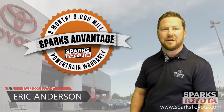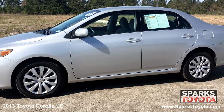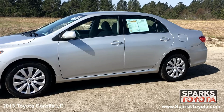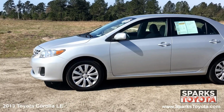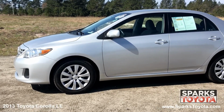I'd like to take you out on our lot and show you one of our new arrivals. Here we have a 2013 Toyota Corolla LE. It has a clean Carfax report with only one previous owner and comes equipped with keyless entry, power heated side mirrors, and much more. Its sensible blend of fuel economy, features, versatility, and value make it a compelling choice for